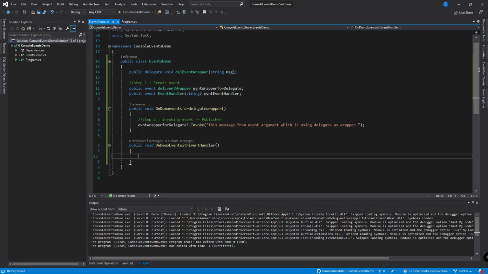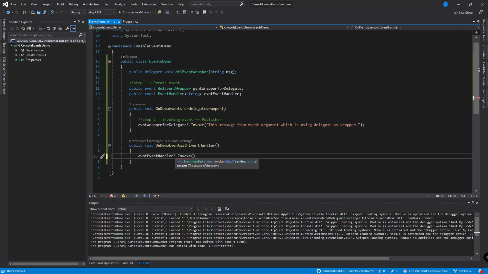So let me invoke our event handler, check if it is null or not using the null-conditional operator, and Invoke.